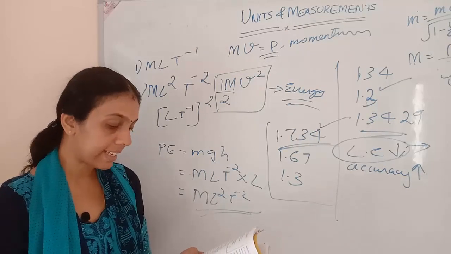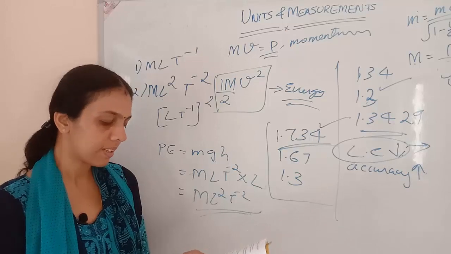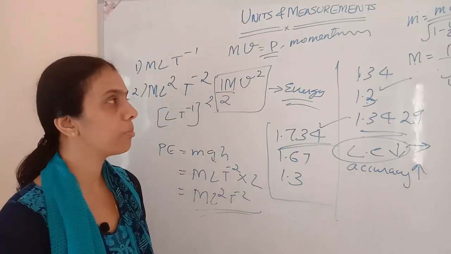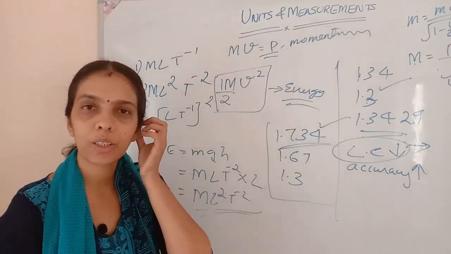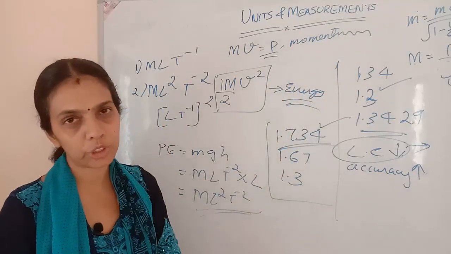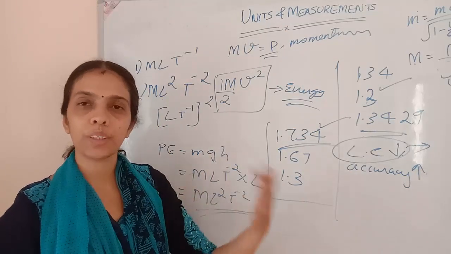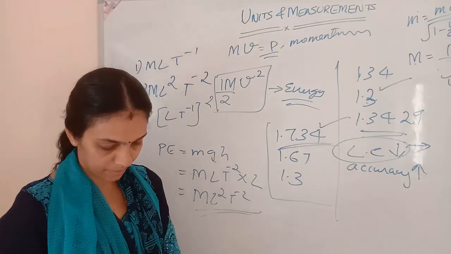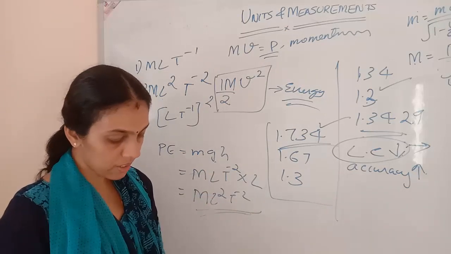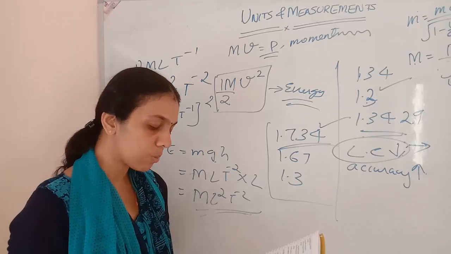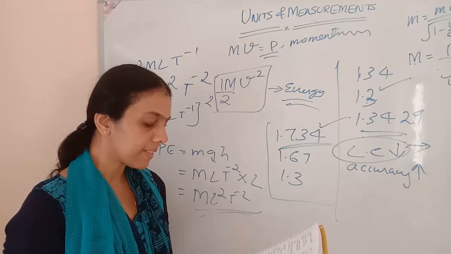name and state the principle used in solving the above problem. So, which principle are we using? Principle of homogeneity. Dimensions on the left hand side will be equal to dimensions at the right hand side. Okay. So, next question is,